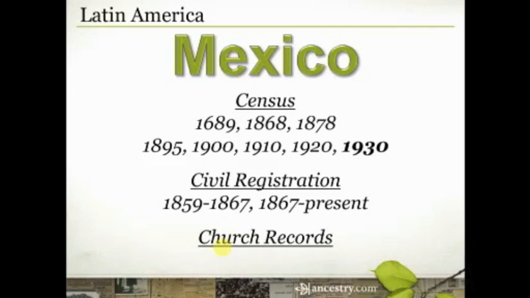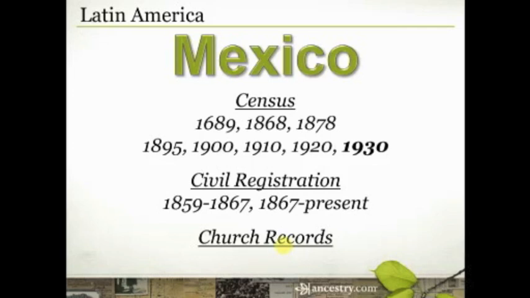What that means is that if for some reason your ancestor was not christened or baptized, then they could not be buried in the churchyard. So understanding the nuances of who was and who was not part of the Catholic religion in your family will help you understand what records were created and what circumstances in their lives led to certain records being created, so that you know where to find them.